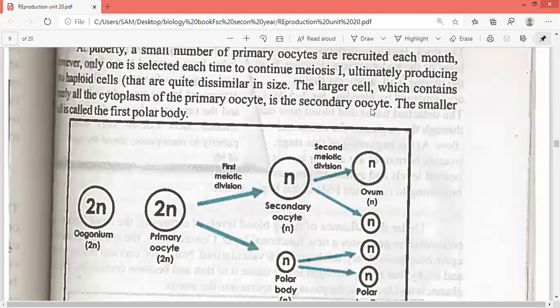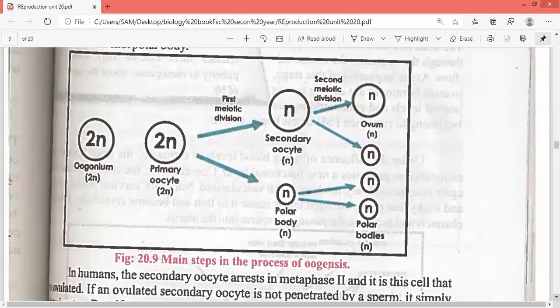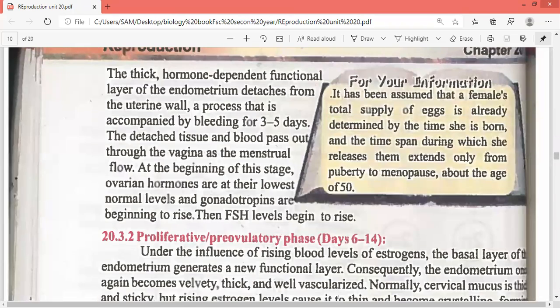इसमें आपके पास यहाँ बता रहे हैं कि हमारे पास ये ऊगोनियम है, इसमें फर्स्ट मियोटिक डिवीजन होगी। फर्स्ट मियोटिक डिवीजन के बाद आपके पास एक सेकेंडरी oocyte बनेगा और एक पोलर बॉडी बनेगी। फिर सेकेंडरी oocyte मियोटिक डिविजन में कन्वर्ट होगा, उसमें से भी एक पोलर बॉडी बन जाएगी। तो इस तरह से एमसीक्यूज में आता है कि आपके पास लास्ट में कितनी पोलर बॉडीज बनती हैं? 3, और एक ओवम बनता है।